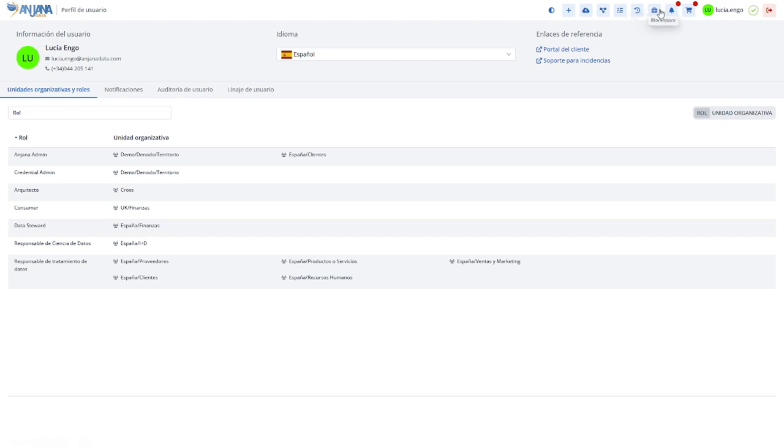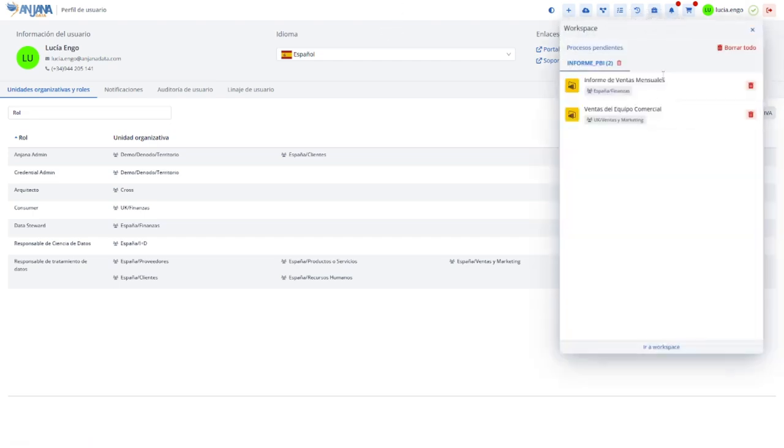In addition, starting with version 25.1 of Anjana, each user will have their own personal workspace where users will be able to add different assets into their personal working environment in order to work with those assets. Users will be able to perform actions ranging from re-importing metadata through Excel to downloading information, sending bulk notifications by email, or executing mass metadata updates,